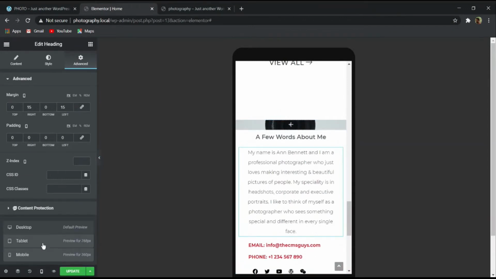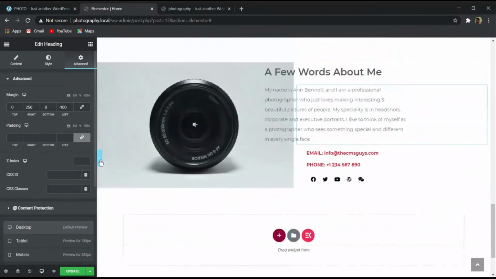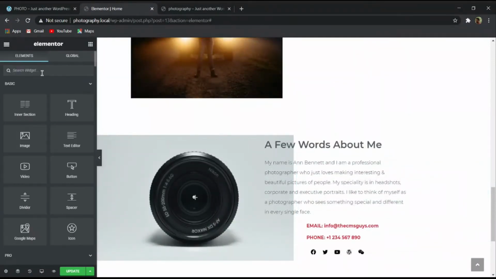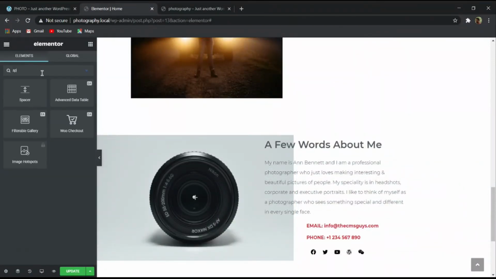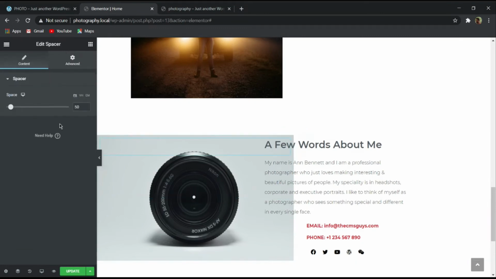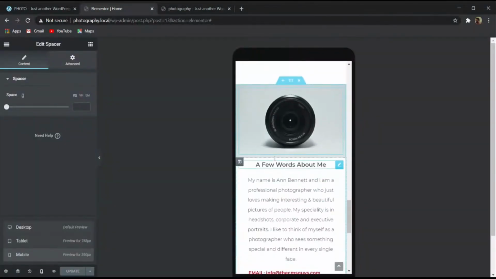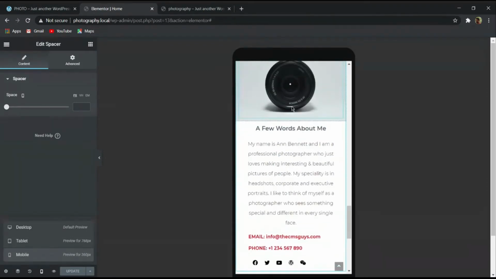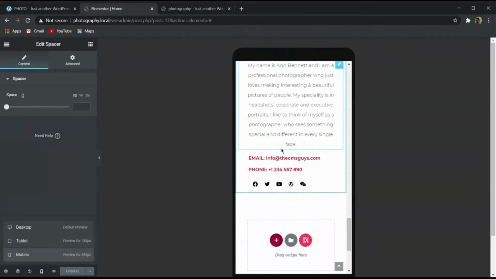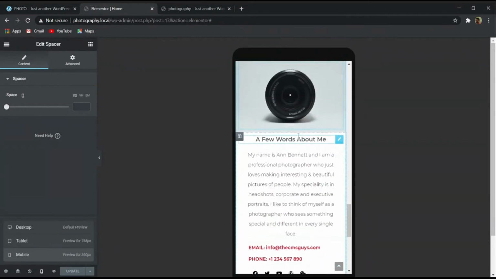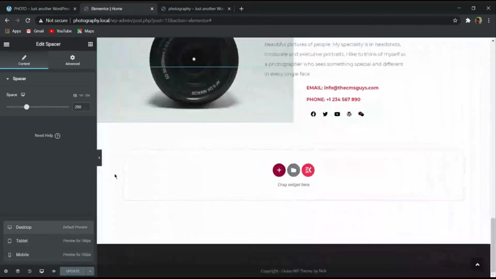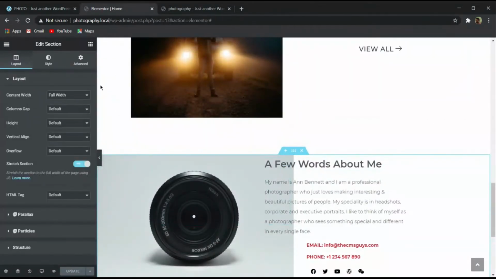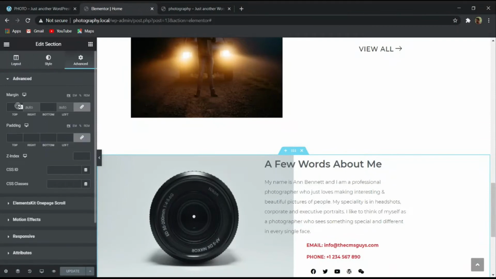So for this, again go to this desktop, and here click on this six dots and search for spacer. Now you can add this spacer, add 200 pixel spacer, update. Now let's go to this mobile view. Here you can see that we have this image, then we are getting all the text. There is no issue. So again go to this desktop, and then here you can see, go to this advanced, and then add some margin, 50 margin